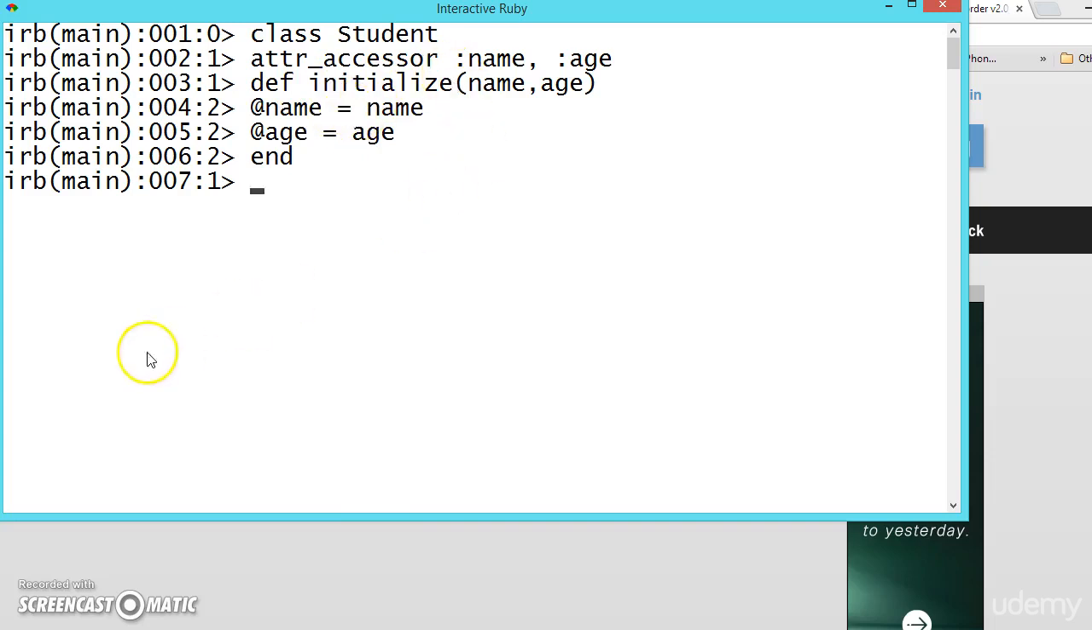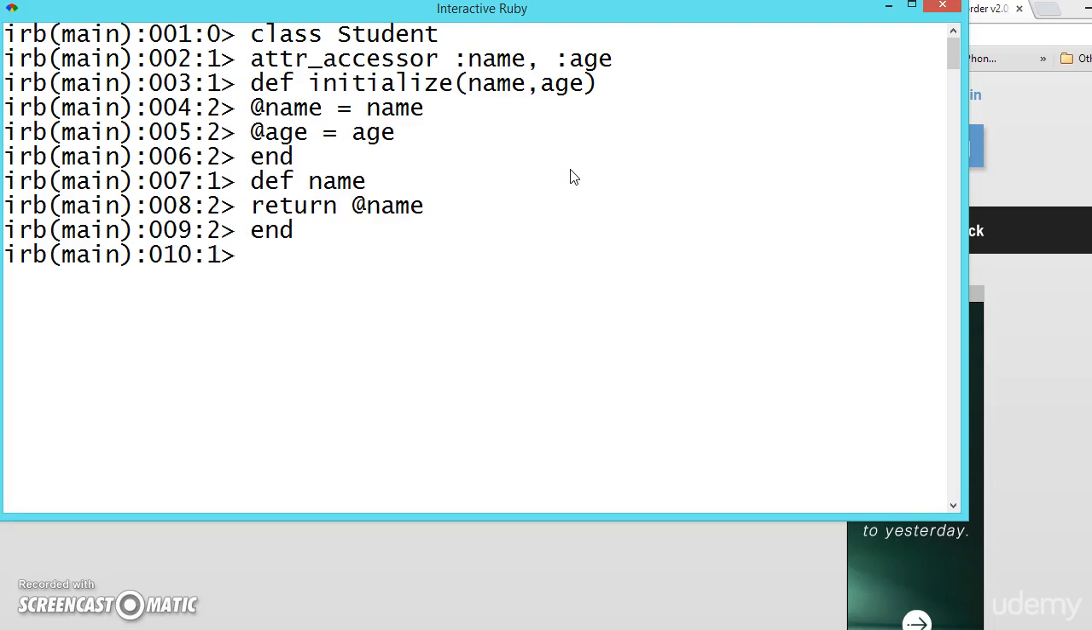So what we are doing, when an object is created, this name is assigned to this and this age is assigned to this, and we have set the data. Now to get the data, what we used to write, we can write one more function, name, and let us return the name, and same thing, age, return